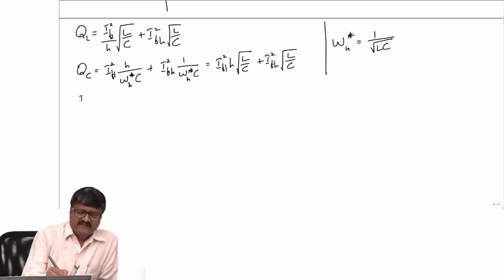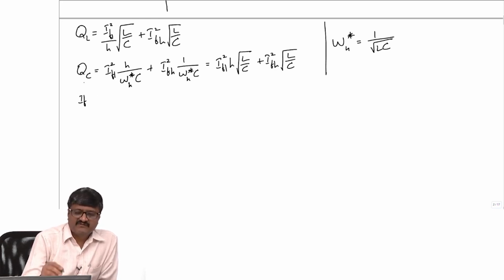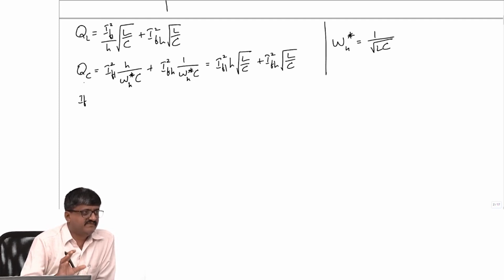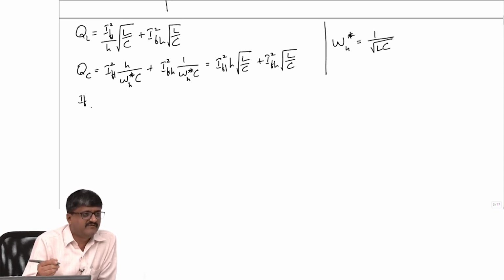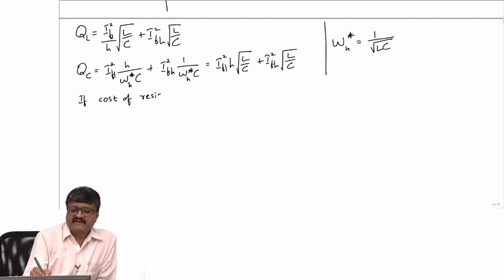Now, if I ignore the cost of resistor, so far I have not said why the resistor is required, but we will see that the resistor is in fact required, but the resistance is very small, otherwise there will be loss. Any resistive component should serve some purpose, but it should not be unnecessarily added. If at all it is added, it is a very small value for serving something, but not contributing to loss. So if the cost of resistor is neglected,